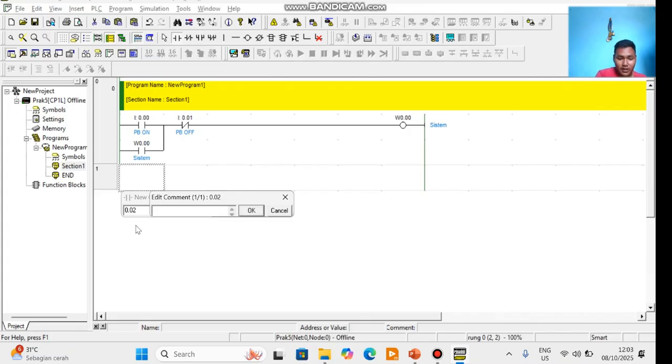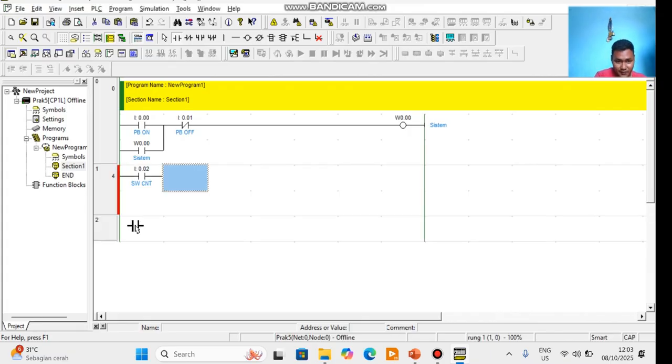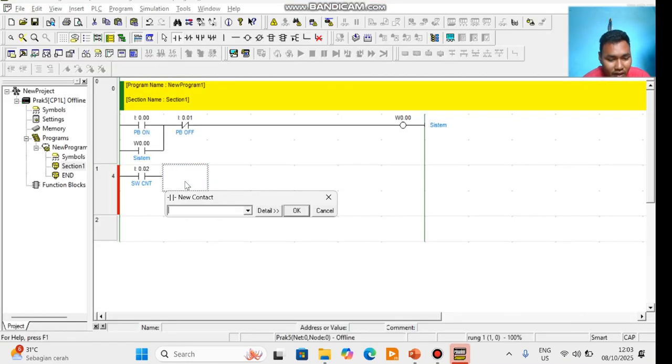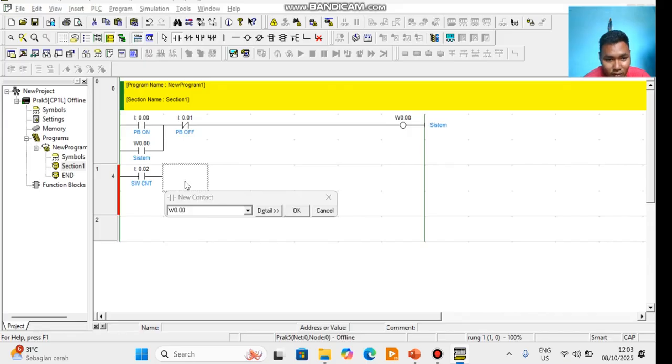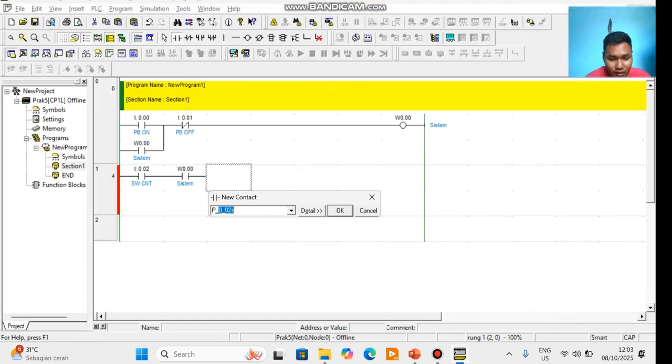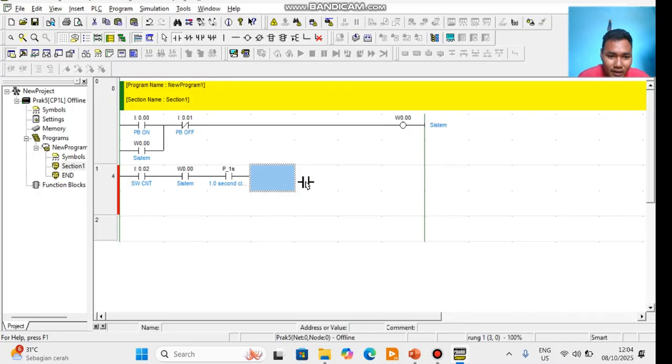The comment is CNT. Beside it, the same normally open with address W0.00 system, then P_1s, enter, and it automatically puts the field name 1 second.